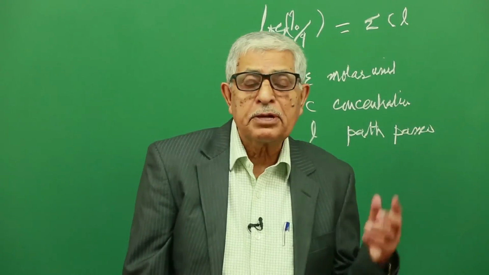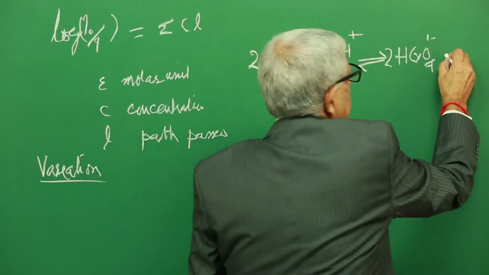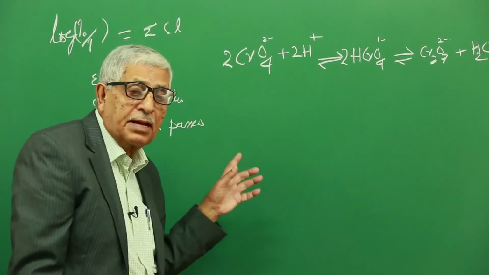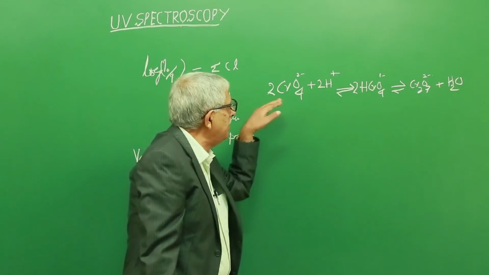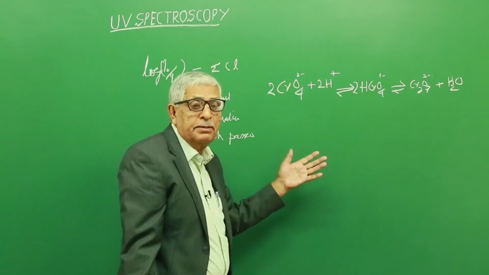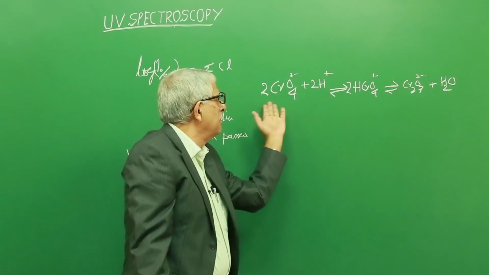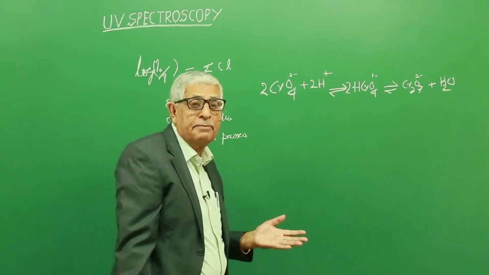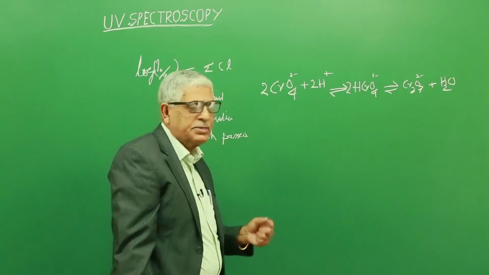Say, for example, the chromate ion, which is in equilibrium with other species. These are the equilibrium reactions of chromate, which is colored, and at the end we get H2O. Everything is in equilibrium and it should be in the forward direction. If we make it dilute, taking the solvent as water, the concentration of water increases, the equilibrium shifts to the left and we get erroneous results. This is due to chemical causes. Similarly, hydrogen bonding and other mutual attraction, all that.